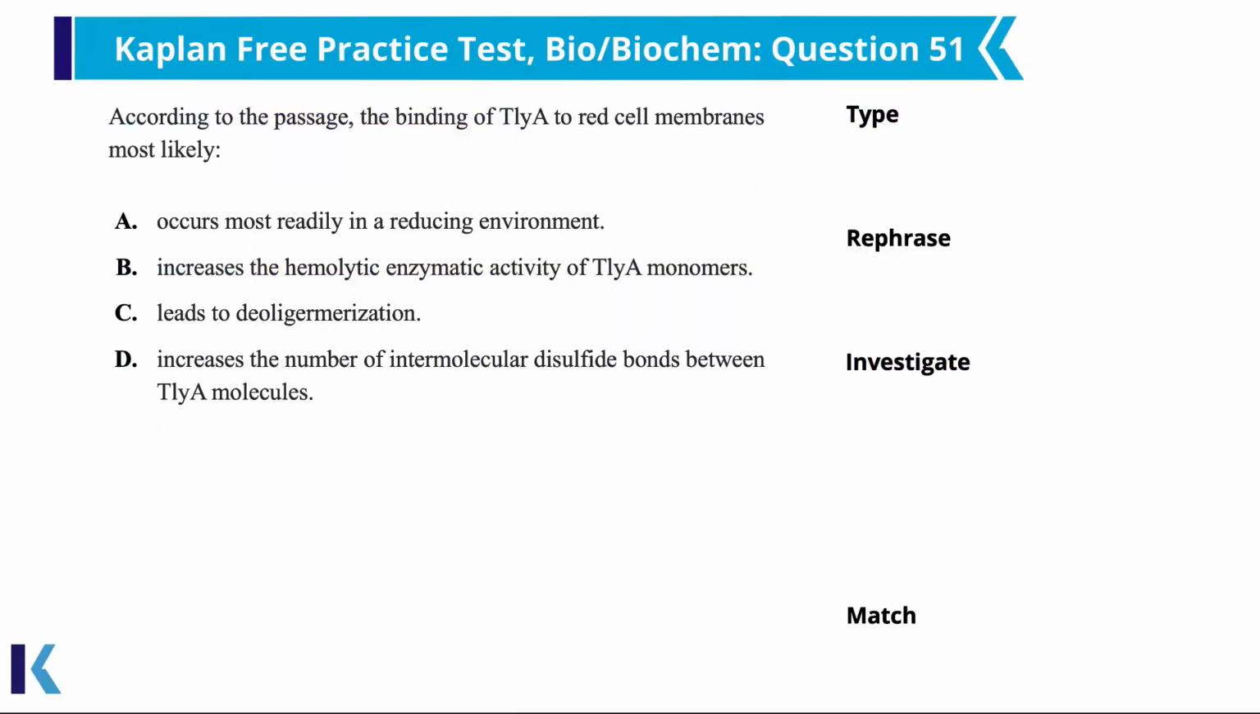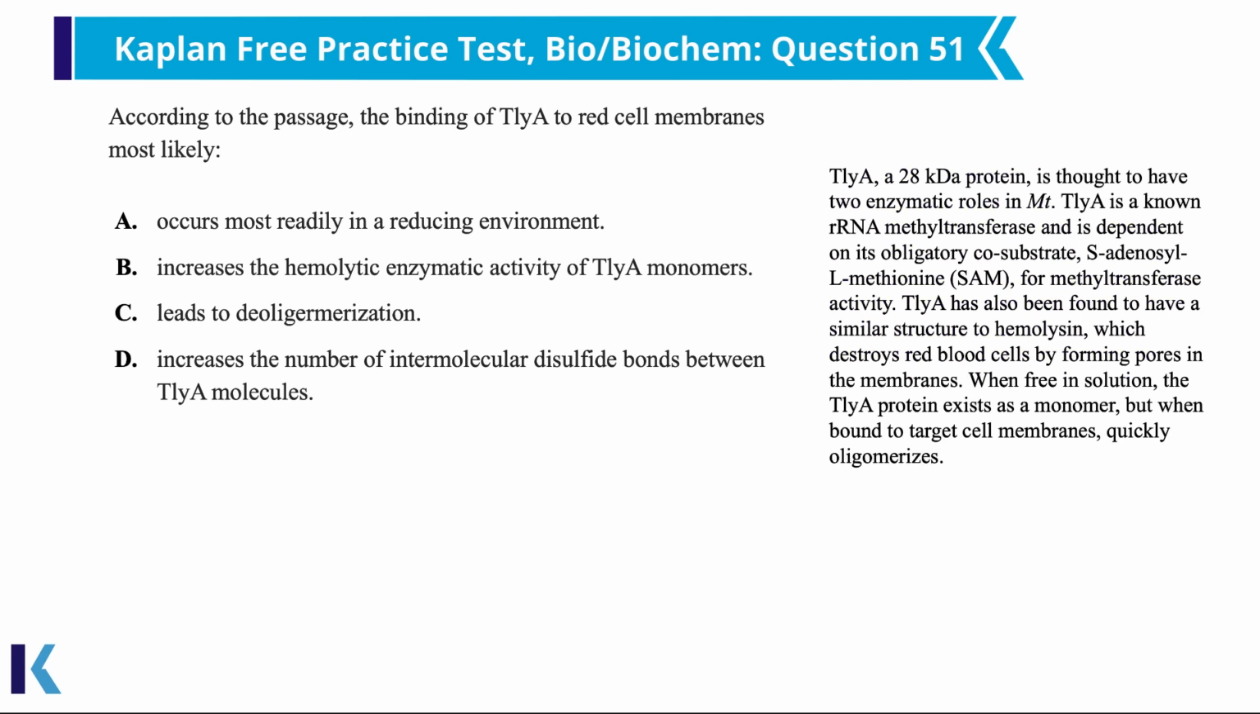The first thing I noticed after clicking to question 51 is the varied answer choices. Reducing, enzymatic activity, there's no apparent pattern. Looking at the question stem, it asks for a detail from the passage. TLYA binding to red blood cells does what? Having interrogated the passage, I recall that hemolytic activity of TLYA came up around the second paragraph of the passage